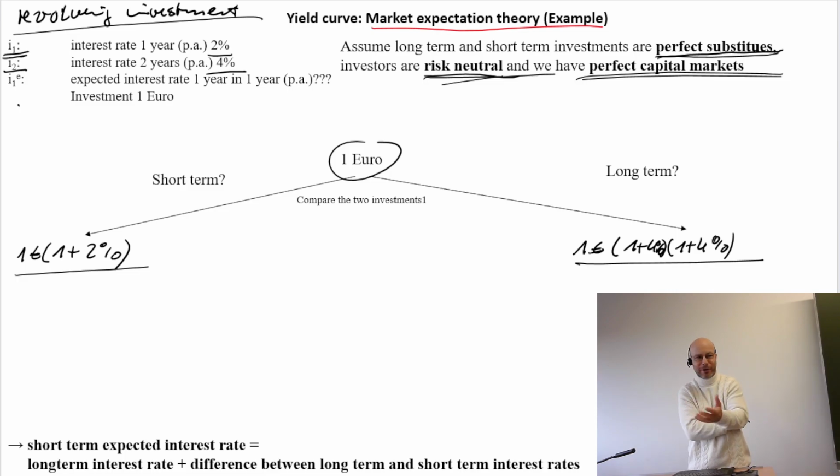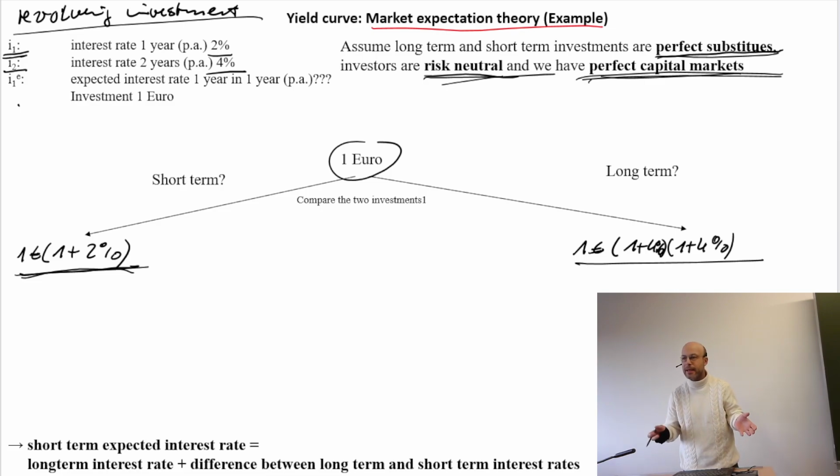Definitely. Because now we are comparing two things which we cannot compare. So what we have to do is try to raise the maturity of our short-term investment. Now this assumption of perfect capital markets comes into our mind, and we say, well, we can always invest the amount we want. So here, after 1 year, we have our €1.02.